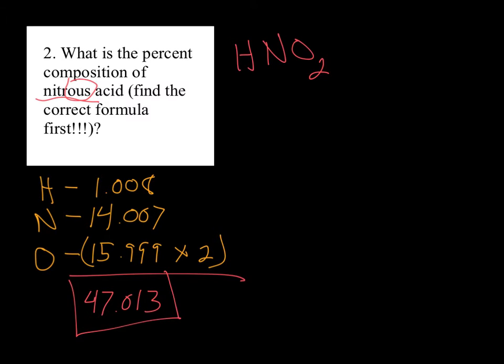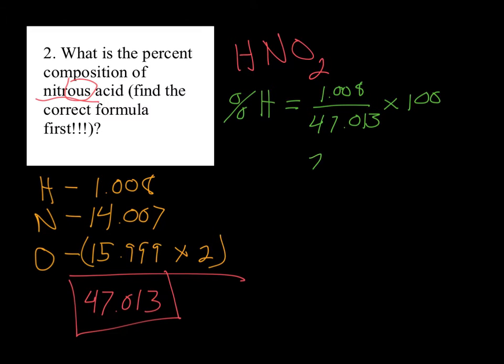So then to find the percent composition, my percent hydrogen is going to be my hydrogen, 1.008, divided by my total mass, 47.013, times 100, which is